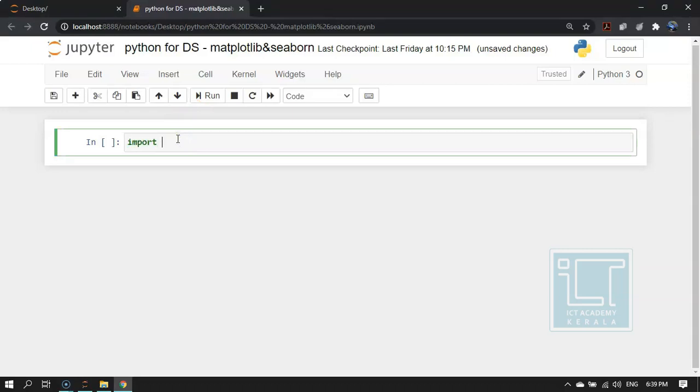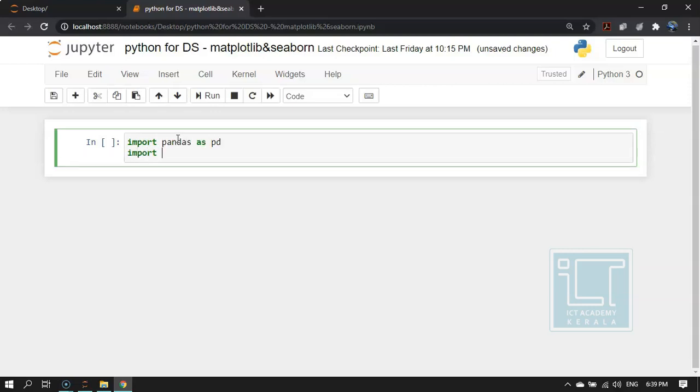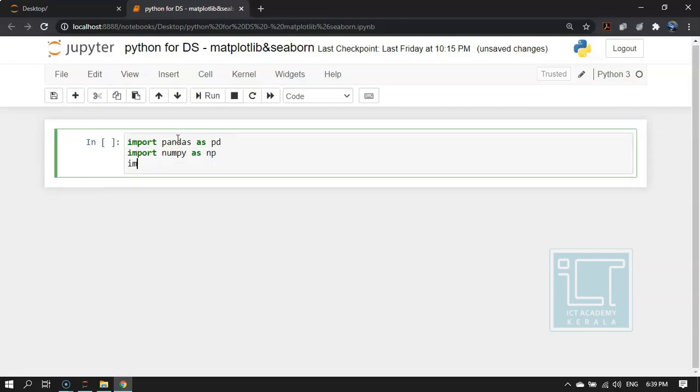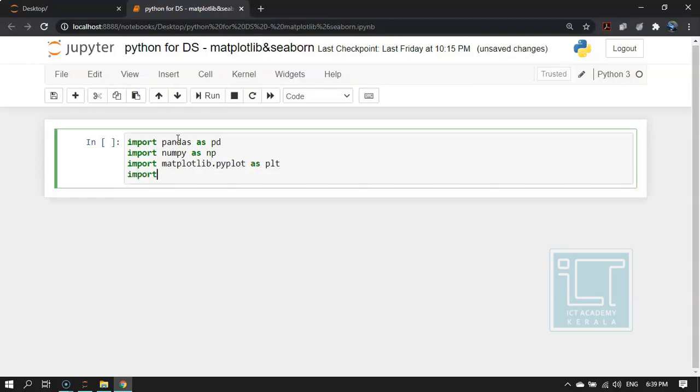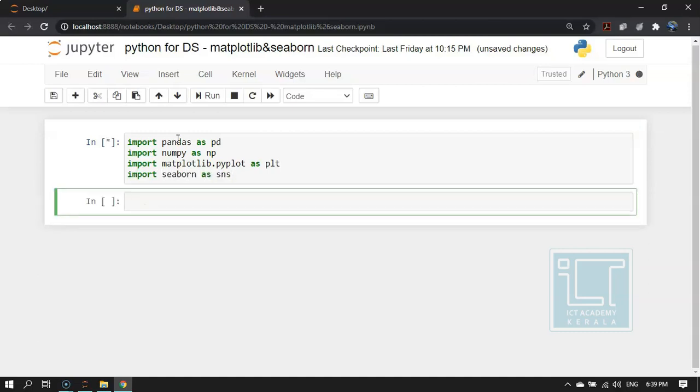So I will import Pandas, then NumPy, then Matplotlib, and then Seaborn. So we have imported Pandas, NumPy, Matplotlib, and Seaborn.